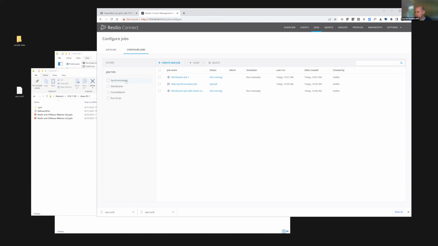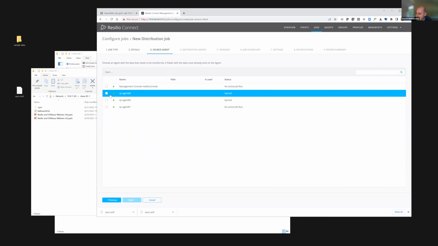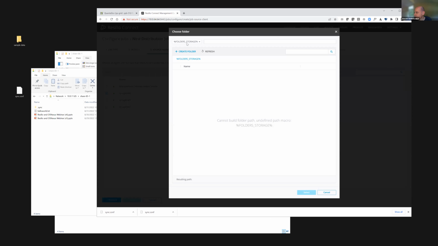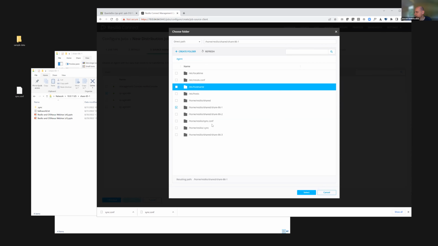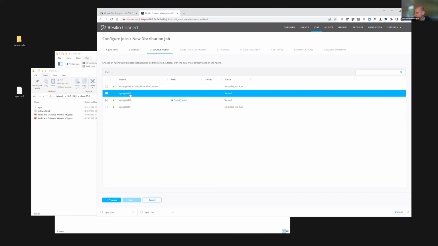So a lot of really cool things that you can do with these different ways of setting up jobs. And you just go through this create new job process here. We can choose a new distribution job, and setting up a new job is just as easy as choosing an agent and what you want to select in terms of the content, which folder from the QuantaStor box, or if it's a laptop or other system, you kind of get a similar kind of view. You just pick the folder that you want to synchronize, you select it, and then save your selection, and then this is the source. We're choosing the source agent in this case. Oh, I kind of messed that up. I unselected,